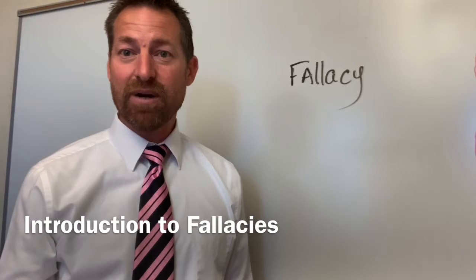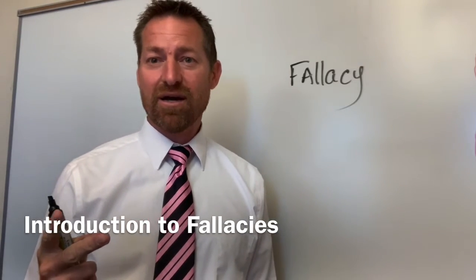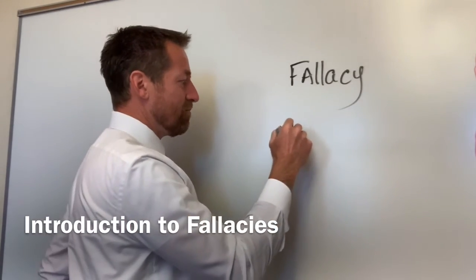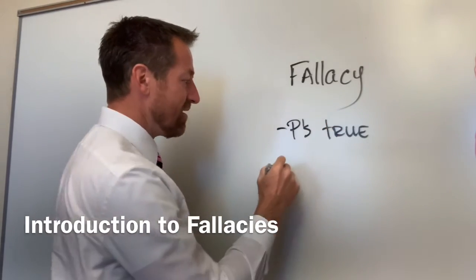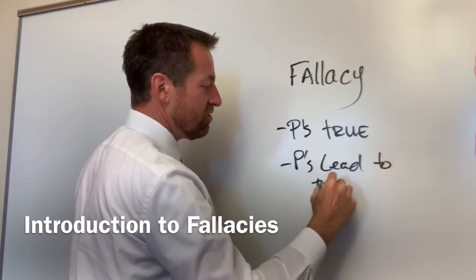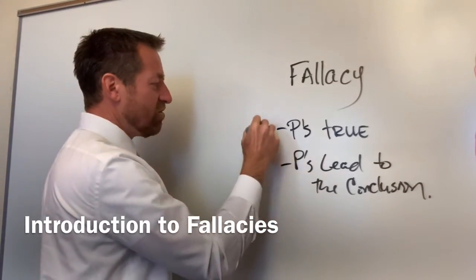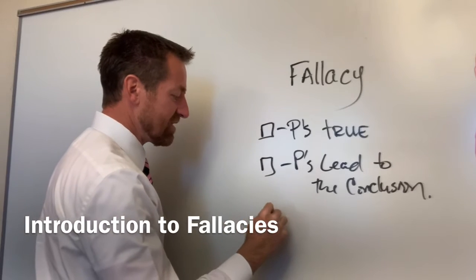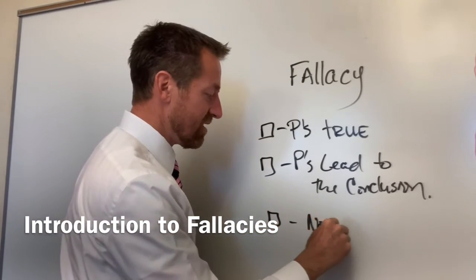Now, what we understand from our first few sections is that there are really only two considerations, kind of three, for when an argument is good. One is that the premises are true. And the second is that the premises lead to the conclusion. So these two things right here are pretty much, well, we'll add the third, which is that it be non-circular. That's what it needs to be good, is to be non-circular.